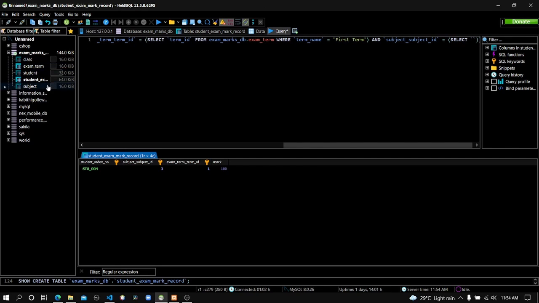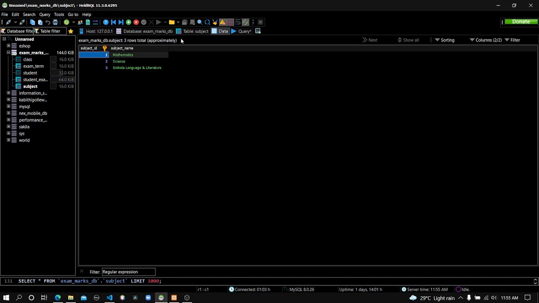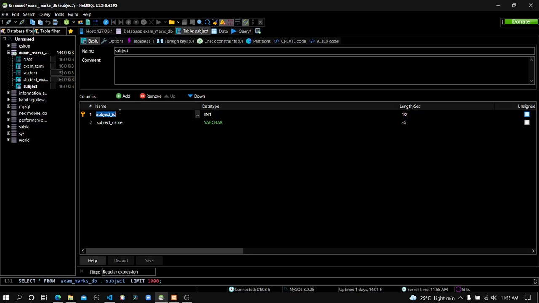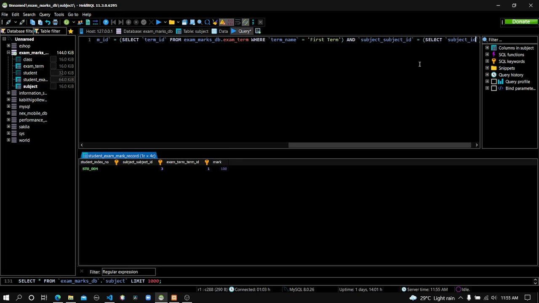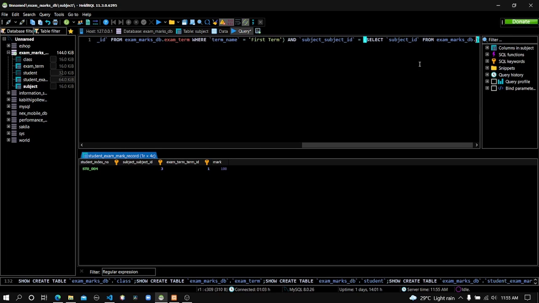If we are defining a specific subject by the subject name, we have to write a query to the table which is storing the details about the subject, which is the subject table. You can see in the subject table there's the subject name and the subject ID. We need the subject ID. Let me copy that one, subject ID, and here I am mentioning the database exam DB, and here's the table subject, and this is the condition where